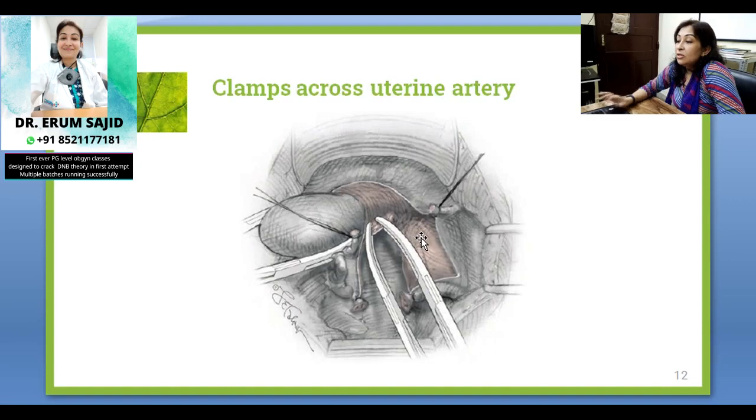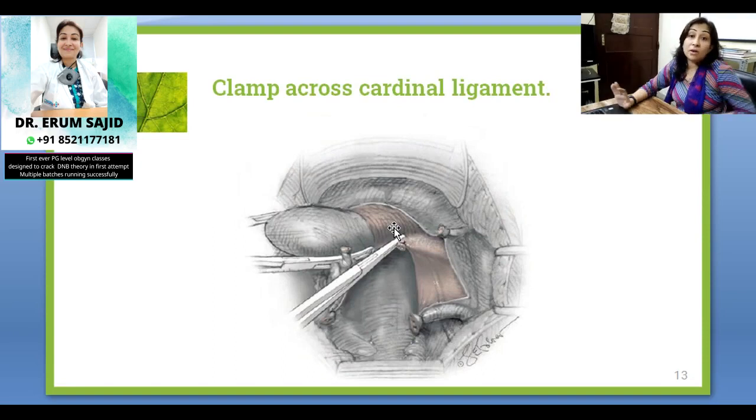Now they are clamping the uterine artery. So this is the clamp across the uterine artery. Slowly you cut this too using a scalpel, or you can use a scissor, but you have to make a pedicle. That's very important. In the next class, I'll show you how to transfix the sutures, transfix the pedicle. And right now, I'm just trying to make you understand the levels at which you're going.